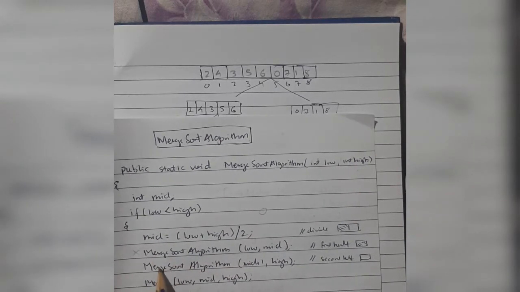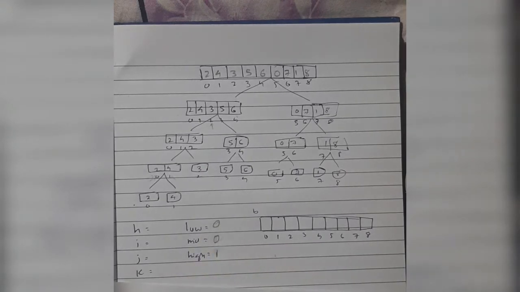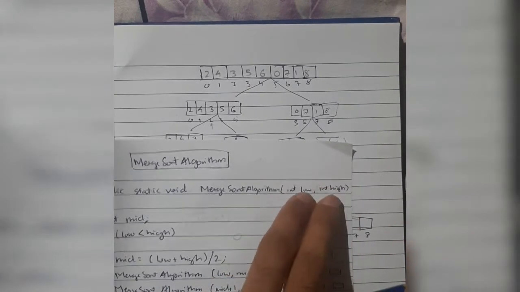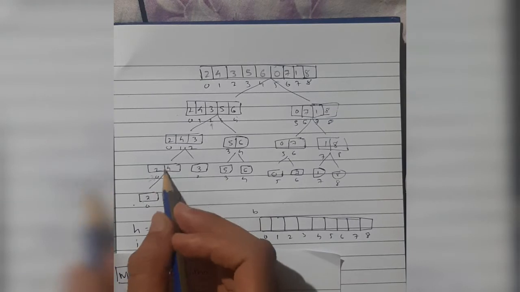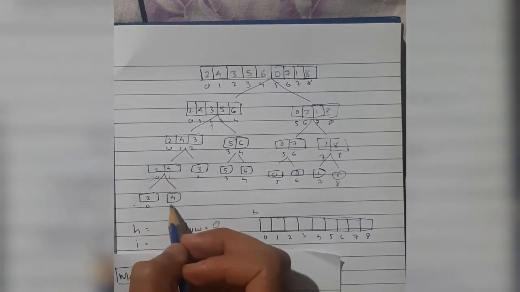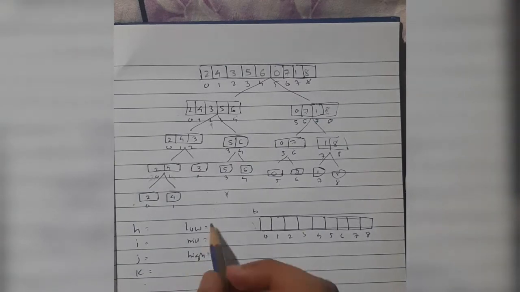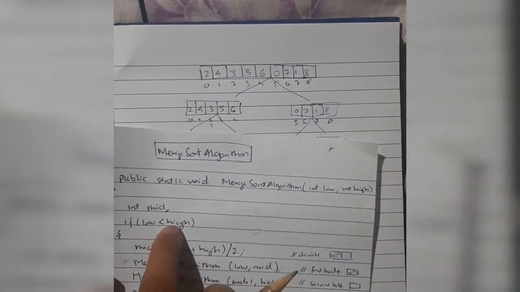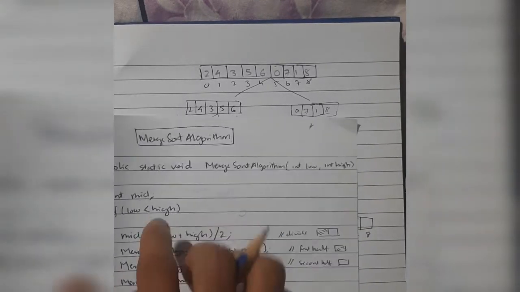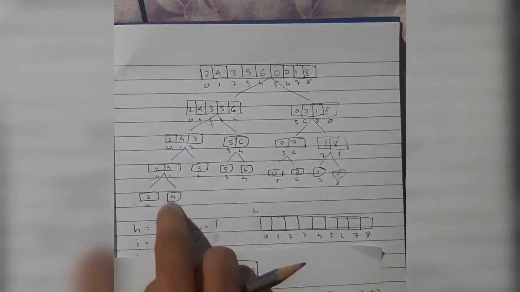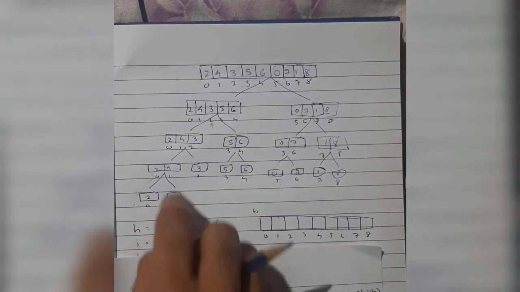Okay. Then after this, we will have to pass this one, mid plus 1 and high. What is mid plus 1? Mid plus 1 means 0 plus 1. So 0 plus 1 and high are passed to this function. Mid plus 1 is 1 and high is also 1, so only one single element is getting passed, and the low and high values will be made 1 and 1. When low and high are 1 and 1, we'll check if low is less than high. Low is not less than high, so this line of code will not get executed and no changes will happen, and we will come out of this one also.